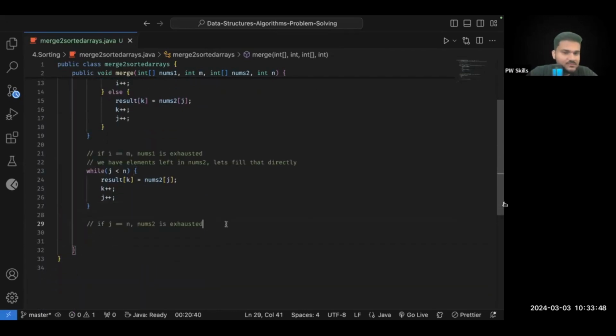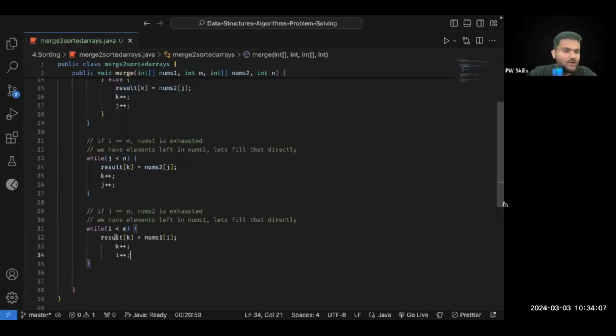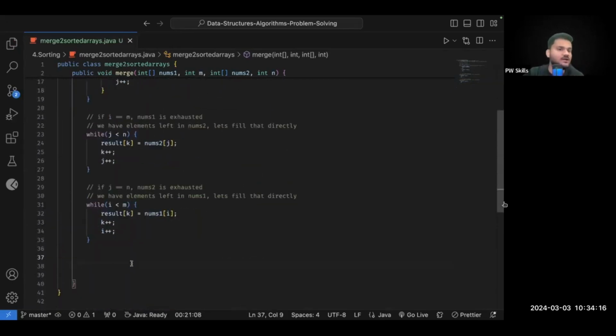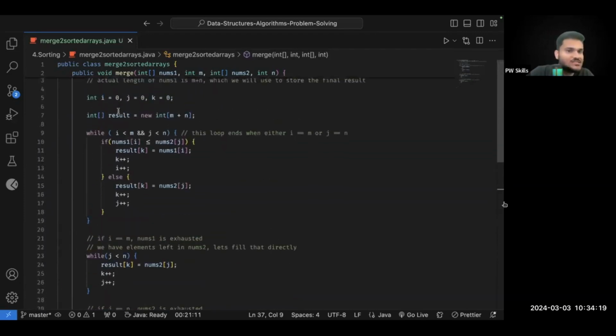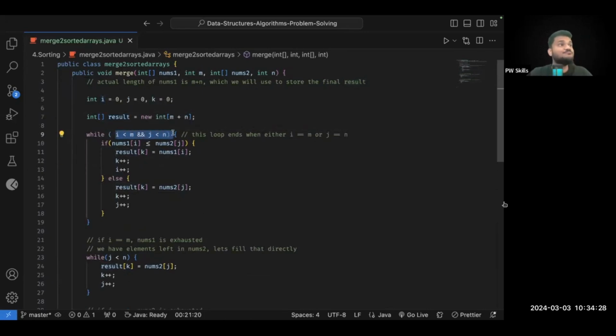Otherwise, if j is equal to n, that means we have elements left in nums1. Let's fill that directly. We'll say while i is less than m, and I'll just copy paste this, because we don't have to do a comparison, we'll just directly put it here. Finally, when all three loops are done, we have the answer inside our resultant array. One more crucial thing to note here is why you need an AND condition here: because till the time you have elements in both of them,